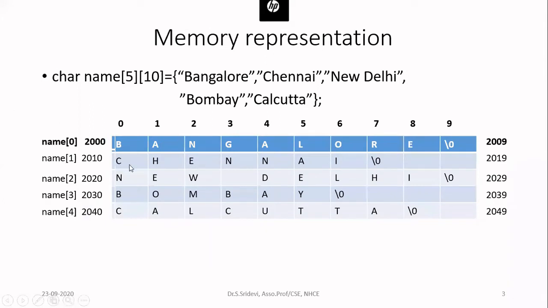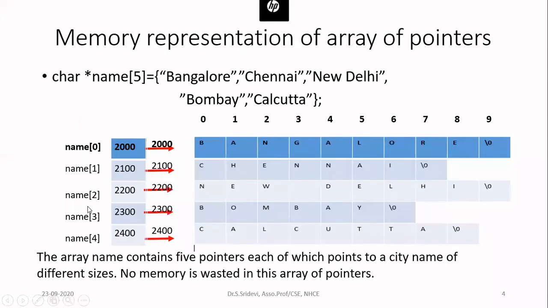Okay, so let us consider the previous example. Here in our 2D array, we have totally 5 rows. In every row, we are storing the name of one city. So now you have to create array of pointers. Every pointer will be pointing to one city. Here there are totally 5 cities. So I need to create 5 pointers now. That's why I go for array of pointers.